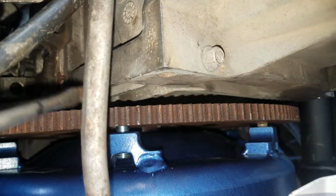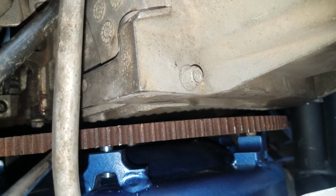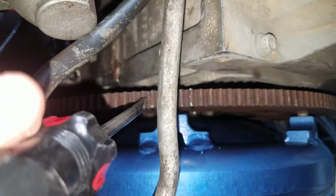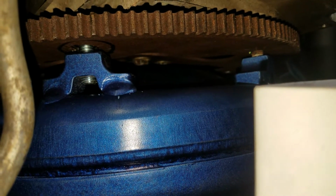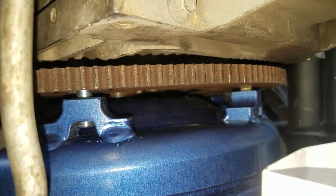But I ended up using the 4L60 original flywheel, the dish, and I just made my own 5 holes, so I didn't have to use a different flywheel or the 4L80 flywheel. But I did buy the spacer, the Hughes spacer. The Hughes spacer, you just